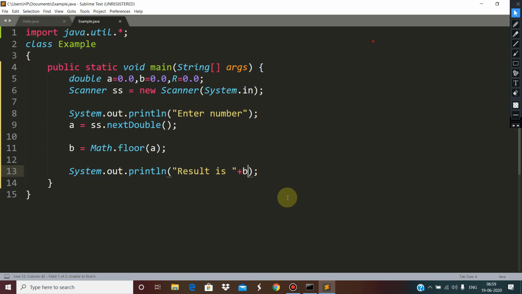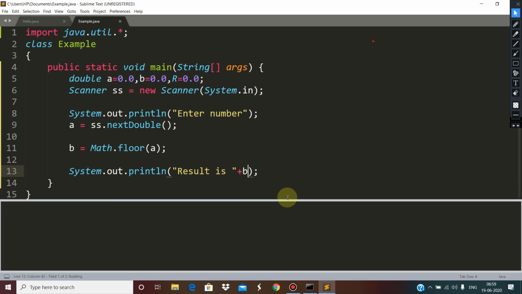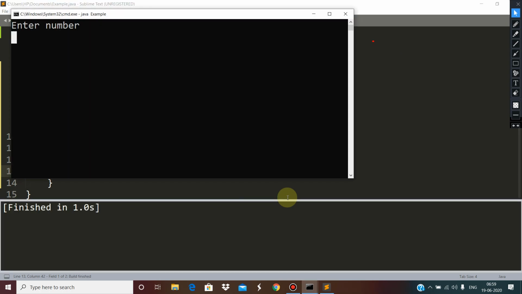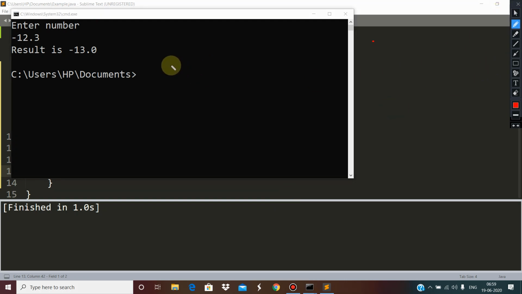Children, here if we have negative values like minus 12.3, what will happen? The result will be minus 13.0. Why? In this case, it follows a number line.